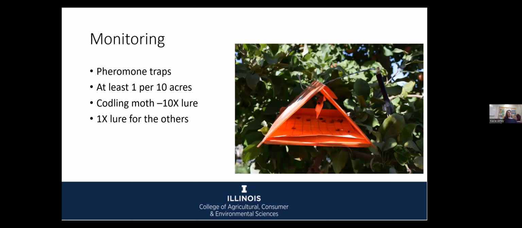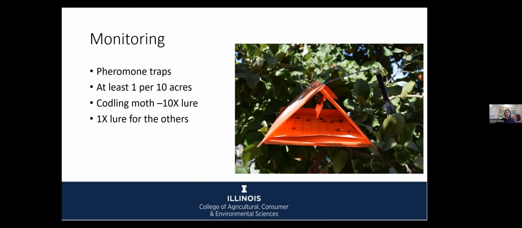So with that context, I want to move into some of the specific pests that you would be contending with when you start in apple production. Within the conversations about these specific pests, I will mention some of the monitoring, I'll mention where mating disruption comes in, and I will also talk about insecticides, of course, that you can use for these things.